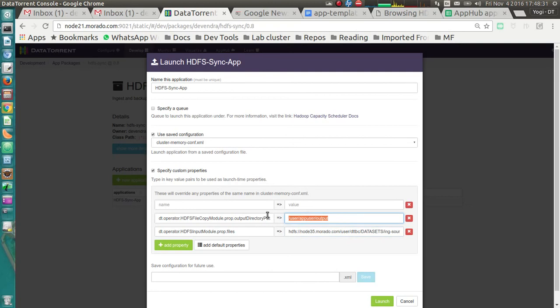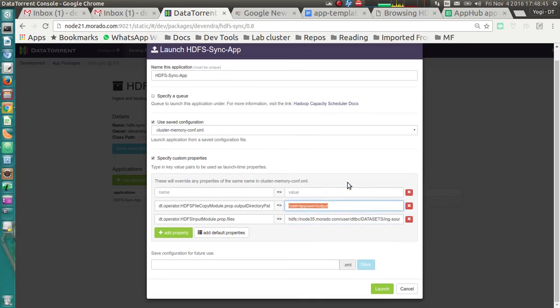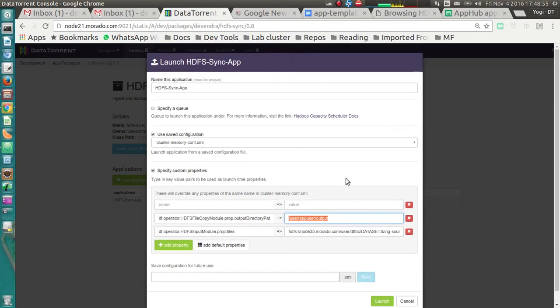But when we specify the path for the local cluster, the name node part in the URL is optional. So we can directly give user app user output as the path, and by default it will be a path on the local HDFS. So when we say local HDFS, it means the HDFS on which this app is running.